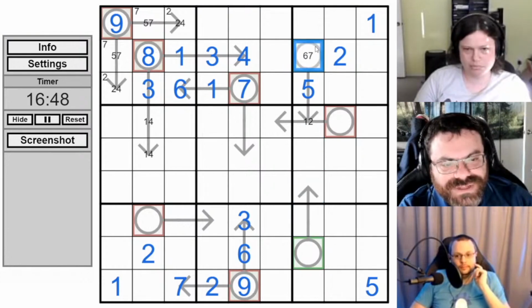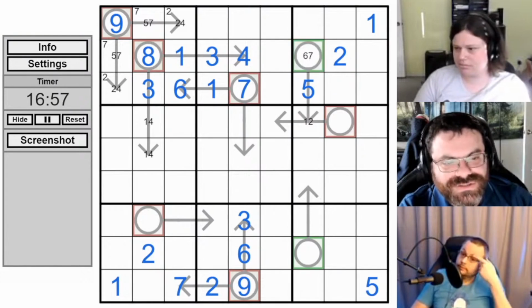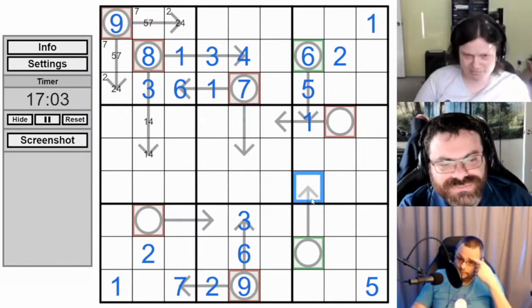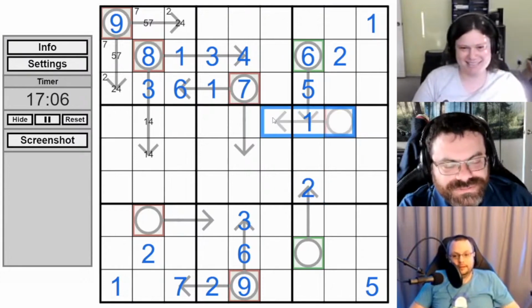I don't know if we can do better than that. Well, it can't be a 2 because the 2 is in row 6 or 7. Oh, this places the 2, and it definitely doesn't place it here. So that's a 1 and that's a 6, which places the 2 in row 6. There we go. And now I've placed a 1 on this duder.